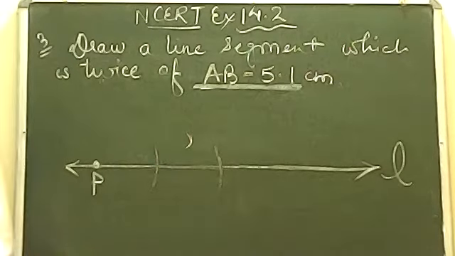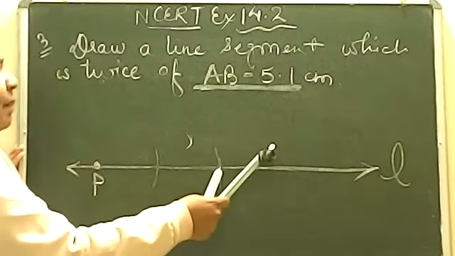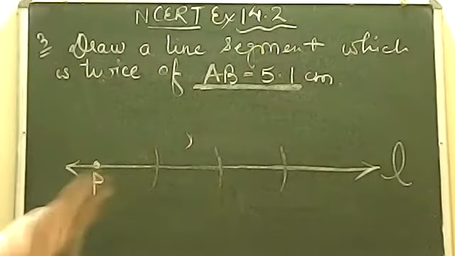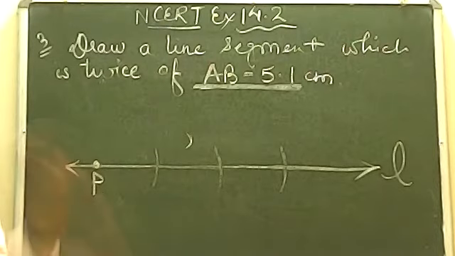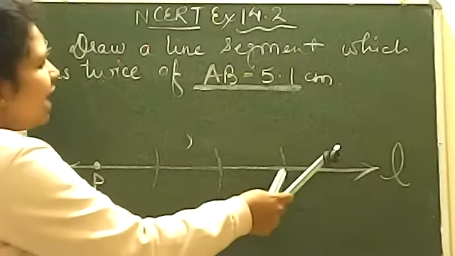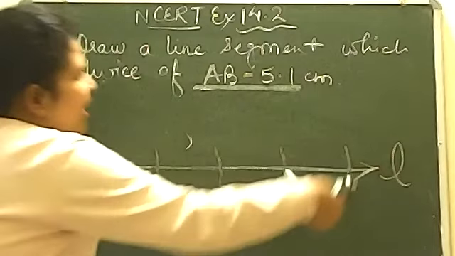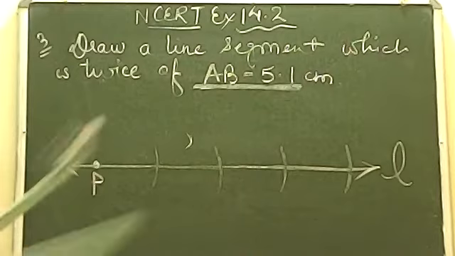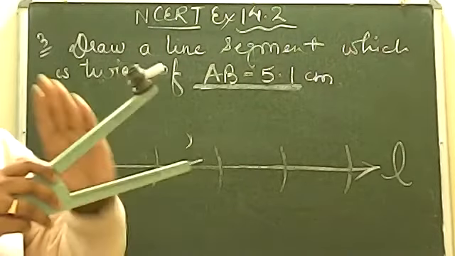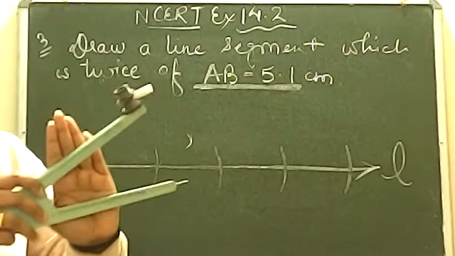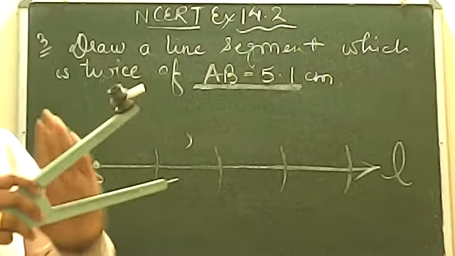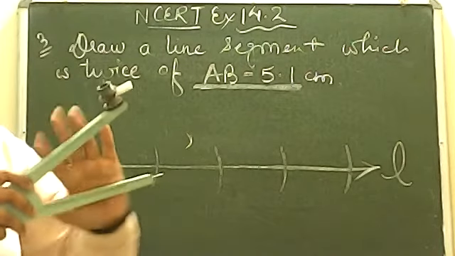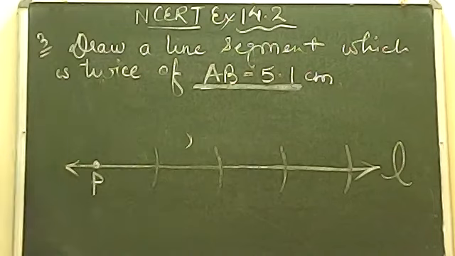अगर हमें thrice करना होगा तब हम क्या करेंगे? Again we will place here only and we will mark one more time which will be thrice. अब suppose question में बोला जाए 4 times I want. So what I will do? I will simply take one more time. This is 4 times. Okay, without changing the position of the compass, because once you have opened it till 5.1, you will not change it again and again. Okay, because you are doing twice and thrice of it. So you will be simply using this concept.